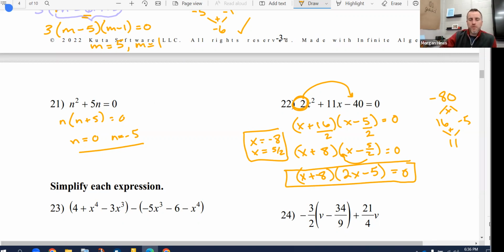All right, we're ready to start simplifying some stuff like good, simple